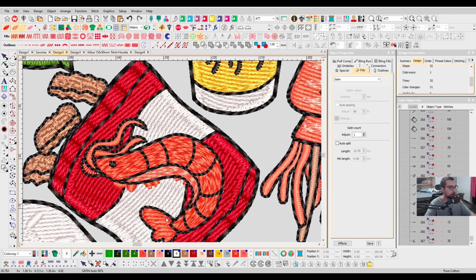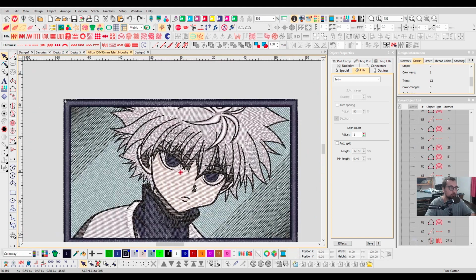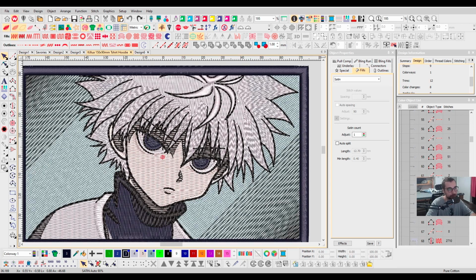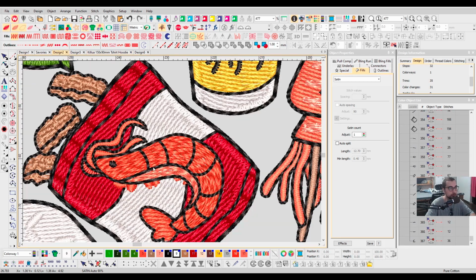It is not necessarily hair, but anything that you want to give a motion feeling that makes your eye go from one place to another, like here on the shrimp,